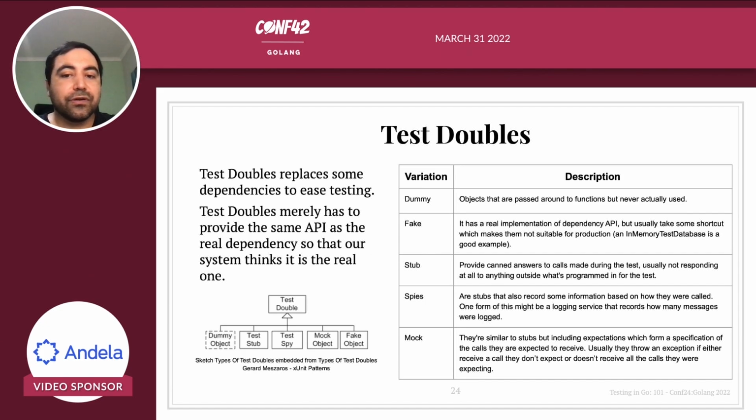Usually takes some shortcut which makes them not suitable for production. For example, a common example is an in-memory test database. In this case, we can create an in-memory test database. We can control what objects or how to populate this database, but it's not ready for production. We cannot publish the application with an in-memory database because we have another system, most robust database as a real